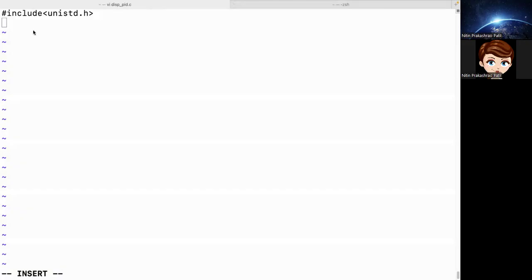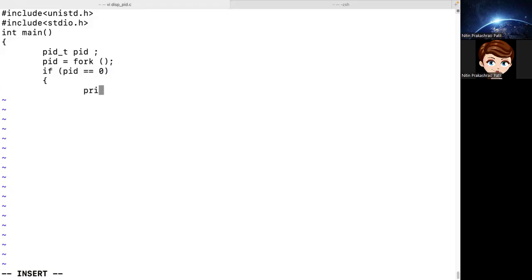Then we include stdio.h. Okay, int main. We'll declare one variable of the type pid_t, which is pid, and we'll give a call to the fork system call over here. Then, as usual, we'll write here if pid is equal to 0, then we'll display printf